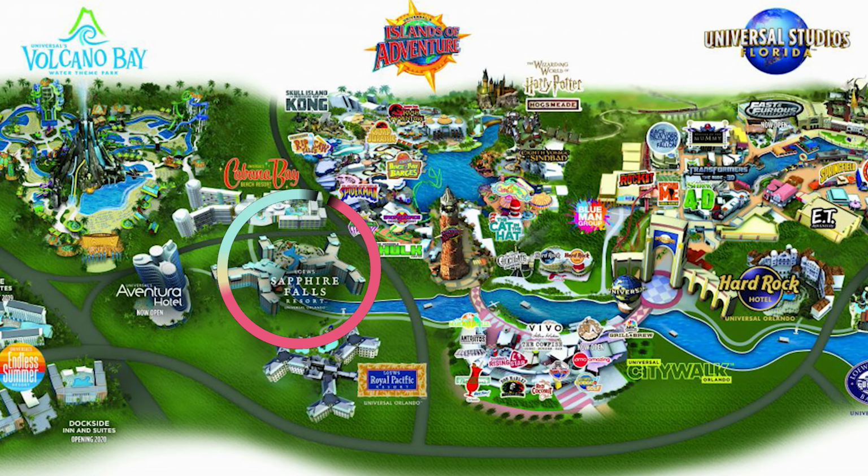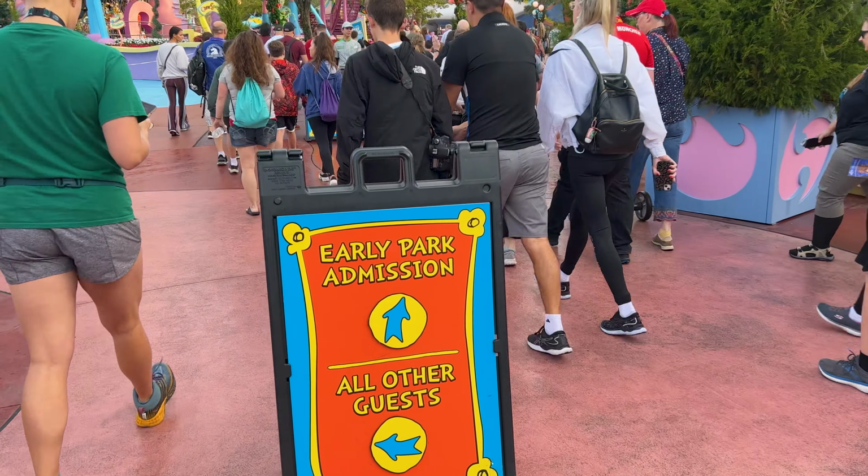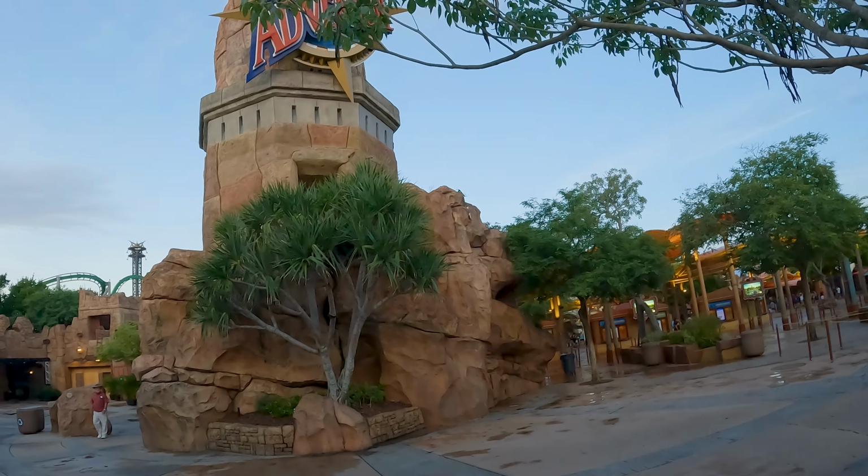The first thing we're going to talk about in regards to Sapphire Falls is location. It's located on the Islands of Adventure side of Universal property. Also, because you're staying on site, you get access to early park admission. This is wonderful considering that Sapphire Falls is only about a 10 to 12 minute walk away from Universal City